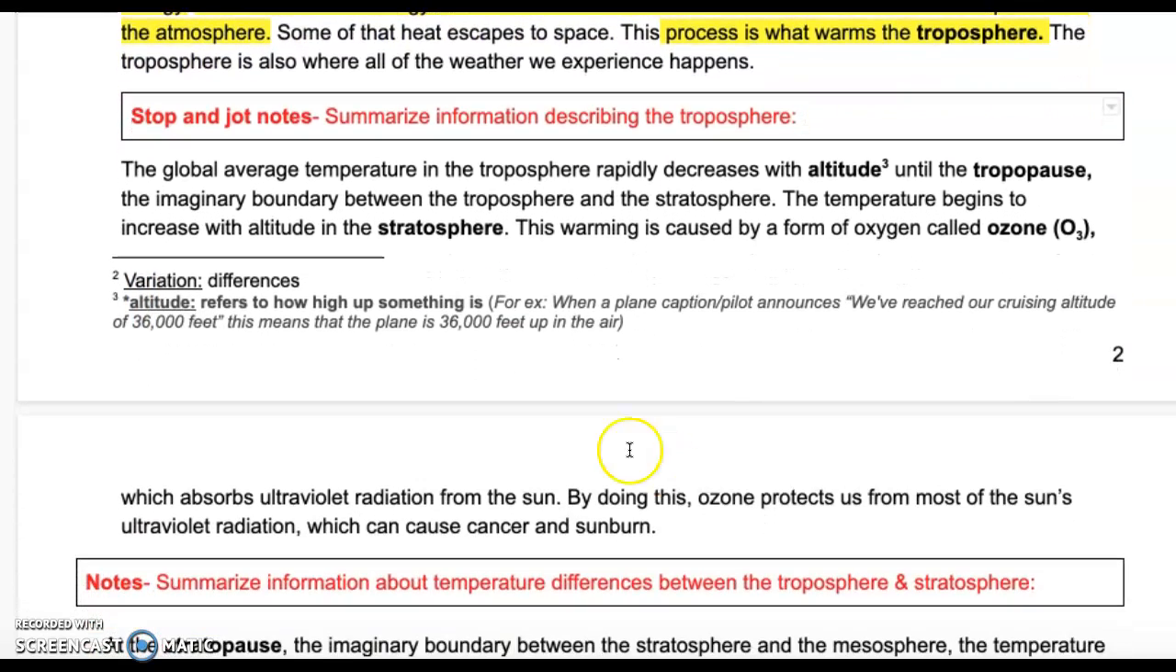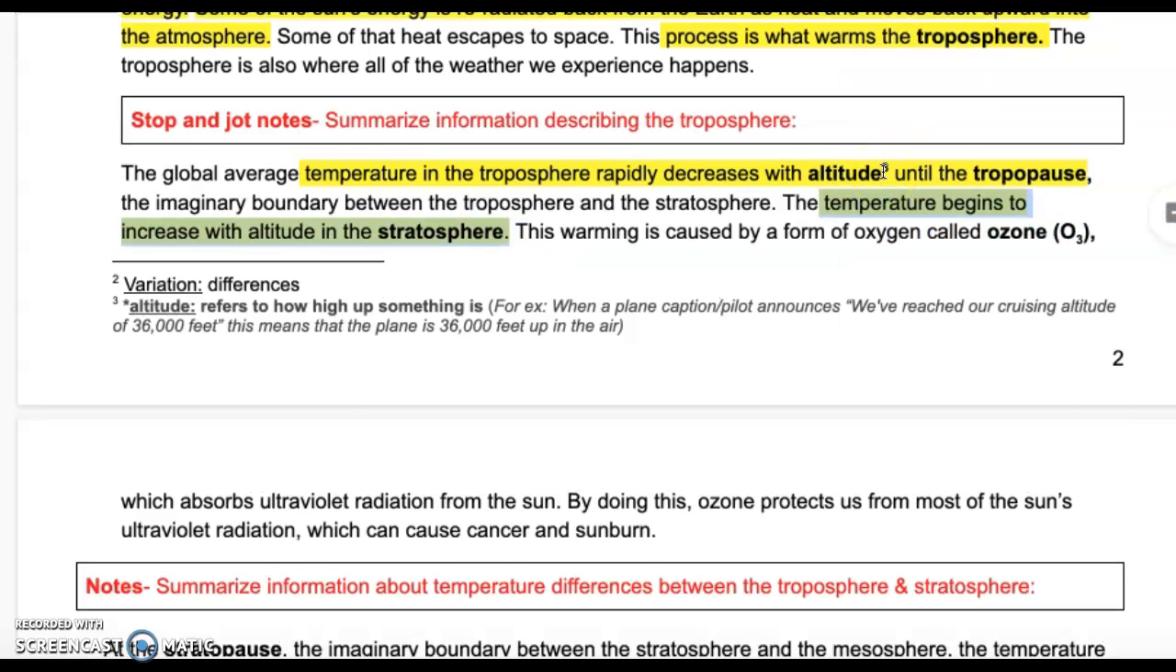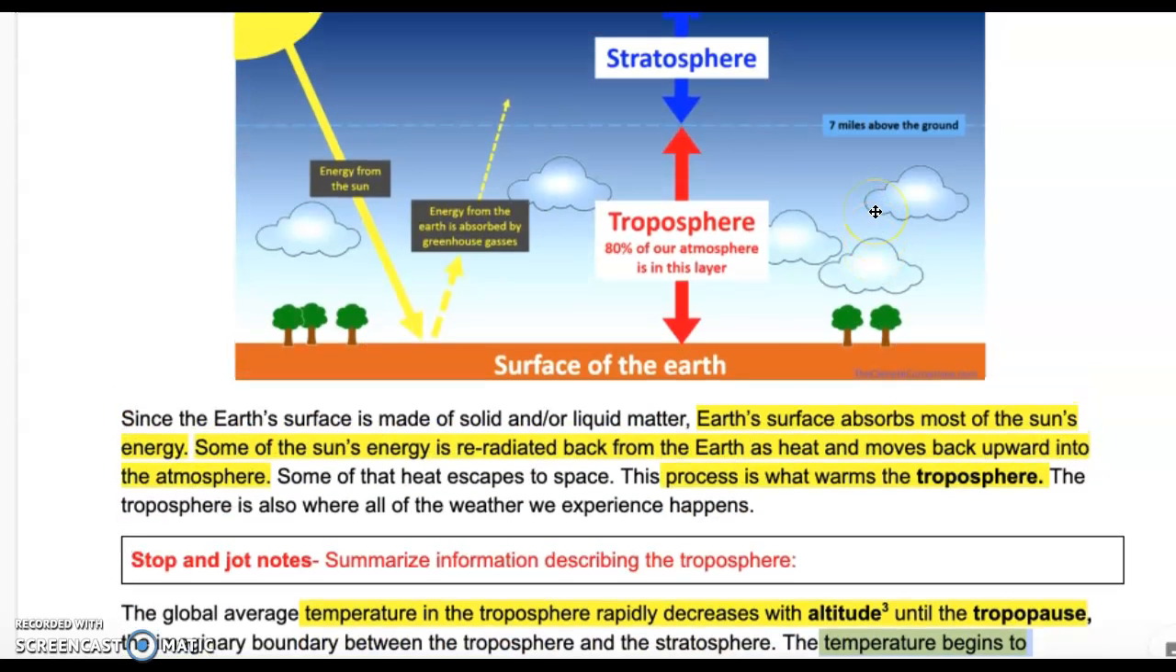The global average temperature in the troposphere rapidly decreases with altitude until the tropopause, which is again the imaginary boundary between the troposphere and the stratosphere. The temperature begins to increase with altitude in the stratosphere. That means that, so let's go back to our diagram here. So we see that temperature is decreasing as you get higher because more energy is being lost. You're getting farther away from the surface of the Earth, which is the hottest part in this diagram, right? So it makes sense that as you get farther and farther away, it gets cooler